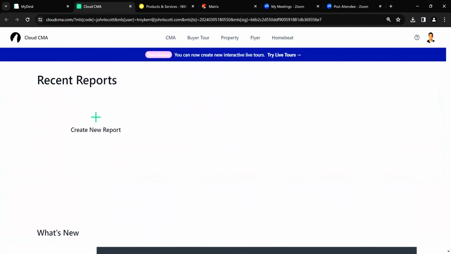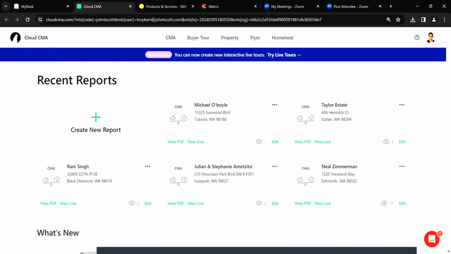If you've never logged into CloudCMA before, as soon as you click that button, it's going to pop up a box and it's going to want to know your MLS and your passwords to your MLS. It's going to ask,